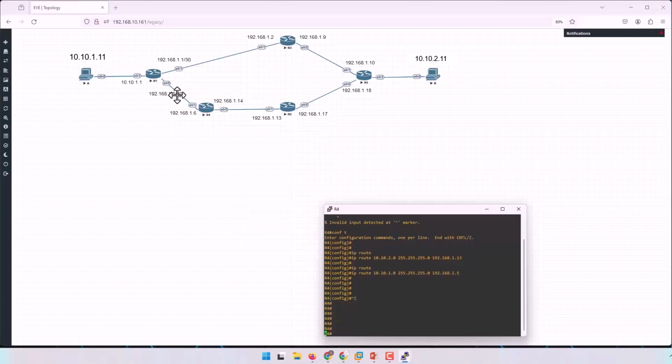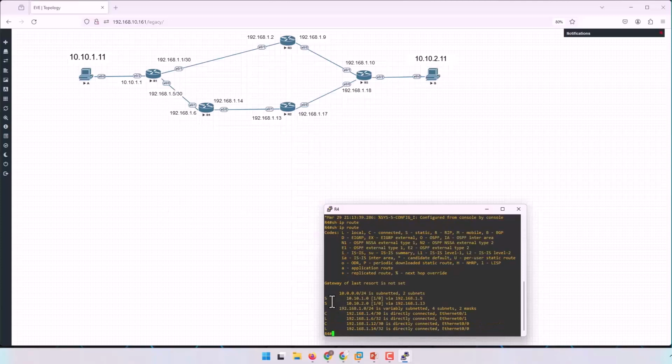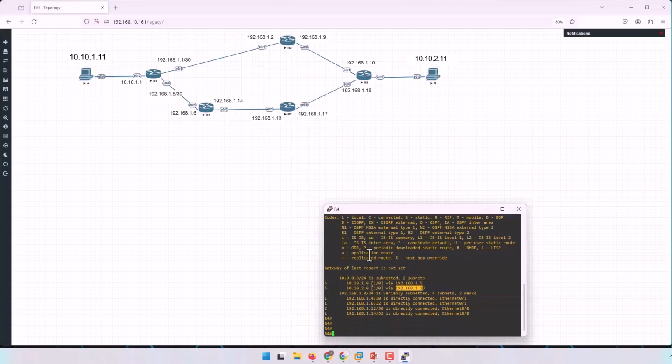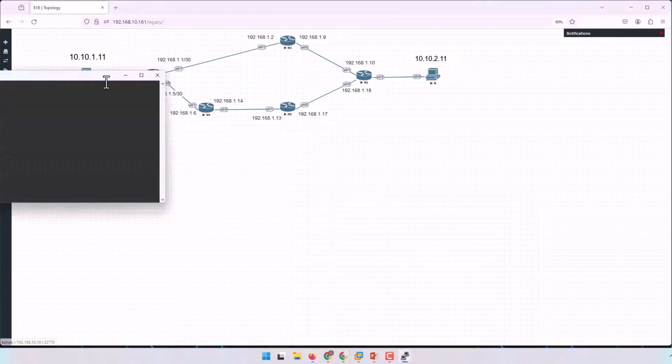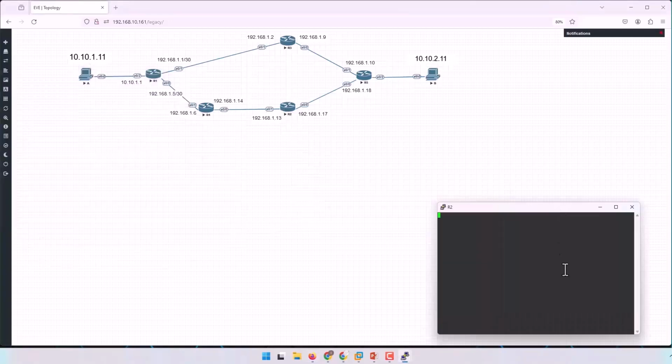Now if we check this show IP route, you can see that we have two routes installed here, one for network 1 and another one for network 2, and the next hop is here. Now let's go to R2 and configure this one also. Enable, conf T, IP route